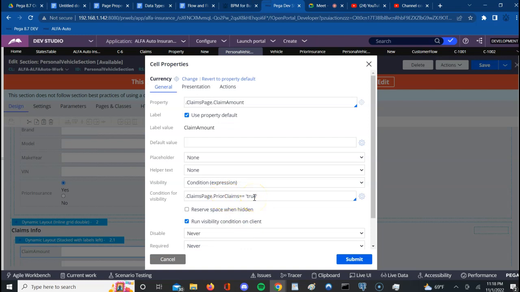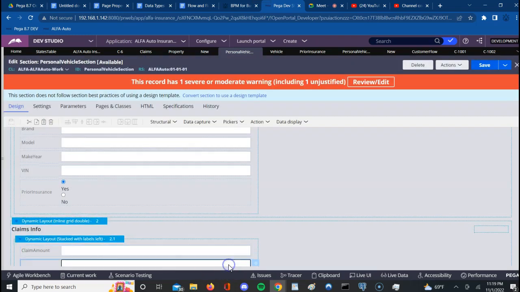How will this be set to true? If user checks that checkbox, that means that we are telling Pega, hey, this value is true. So Pega takes that check as true, and sets that value on prior claims. And this particular field gets that understanding that, oh, that value is set to true, so I should be visible. Then you will see claim amount coming on your UI, and your claim reason is also set with same